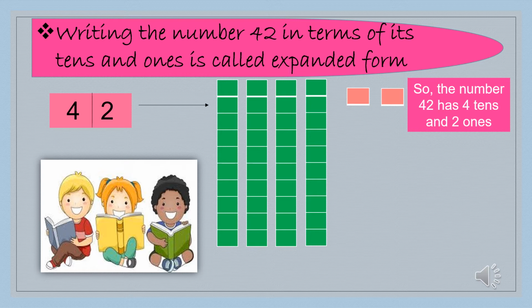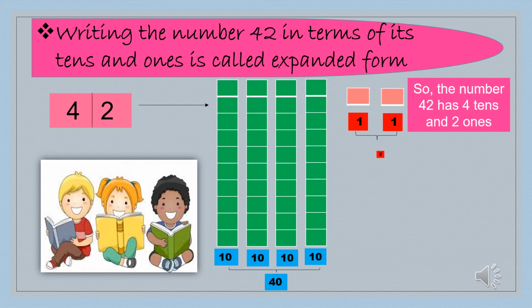Now this 10 is 1 0, 10. This is 1 ten. This is another 10, and third 10 and fourth 10. So how many tens do we have? There are 4 tens in it. So together it will make 40 out of this. And this is 1, 1. This is 1, 1. And together they will form 2 ones.